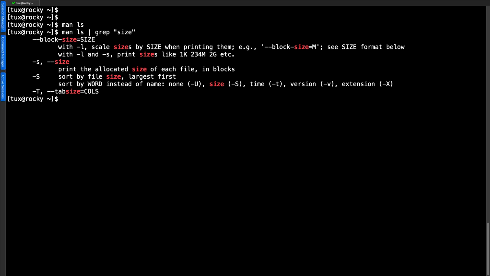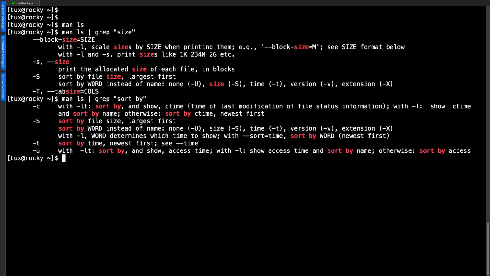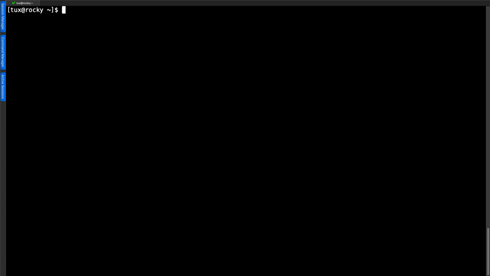So if we rerun our search, and this time search for the string "sort by", the display we're going to see now are all of the options that I can use to sort on different attributes. There are various date and timestamps that I can sort by, or as we saw before, the file size with the uppercase S.